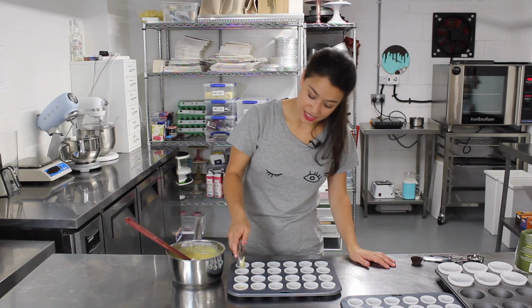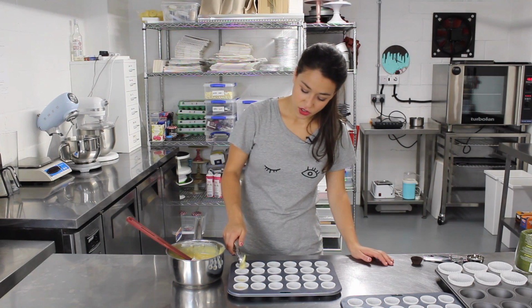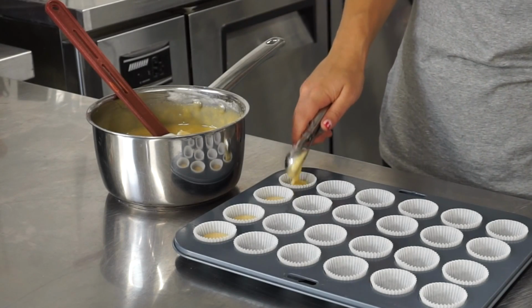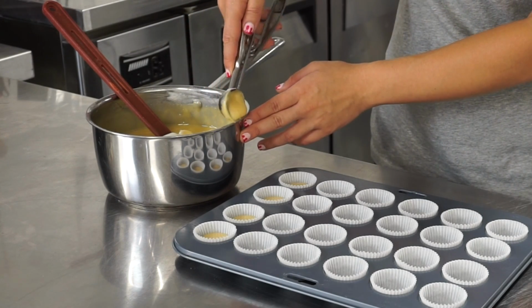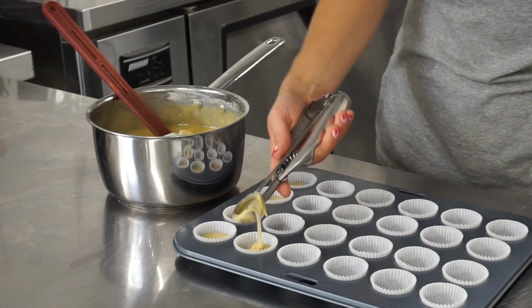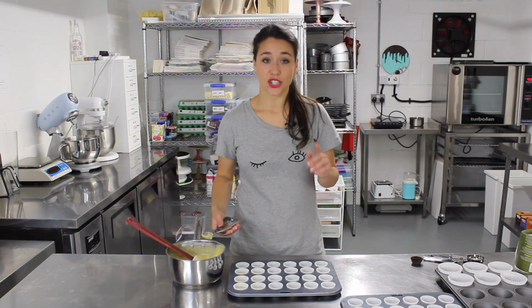And you've probably seen this 100 times, but it really is the best way to not only keep it nice and clean, but every single one is going to be really even. So even when I bring the scoop out, I'm kind of evening off the batter by the side of the pan. And you'll see, the reason why I started with the mini cupcakes is to show you how far the